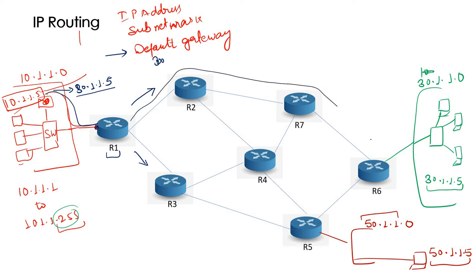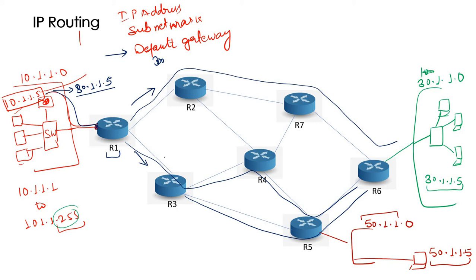We have this path like this one, and we have one more path like this. We have one more path like this. So we have multiple paths. So where does this router 1 have to send? But the first and very important part is how this router 1 will know that this 30.1.1.5 is connected via